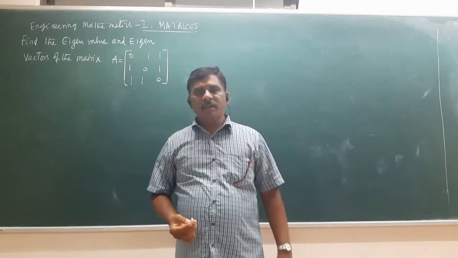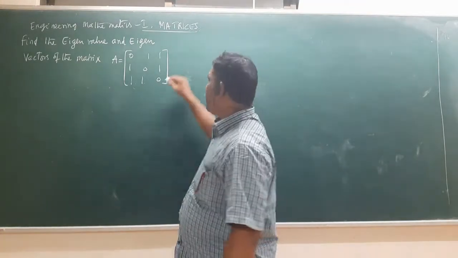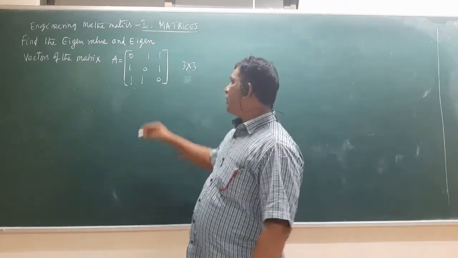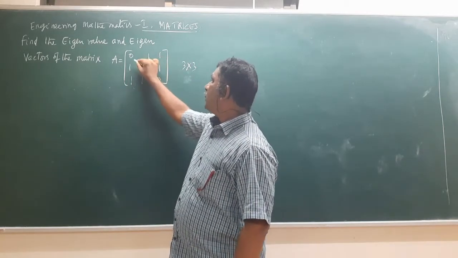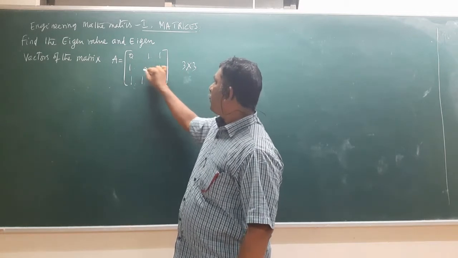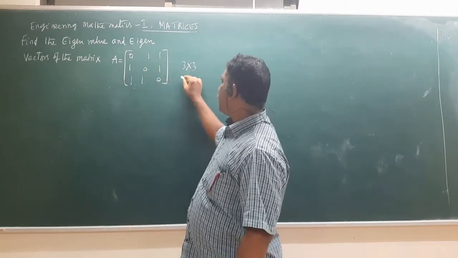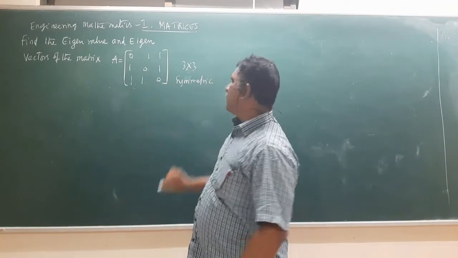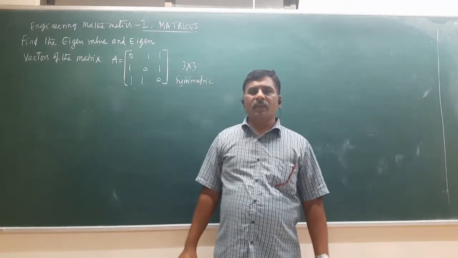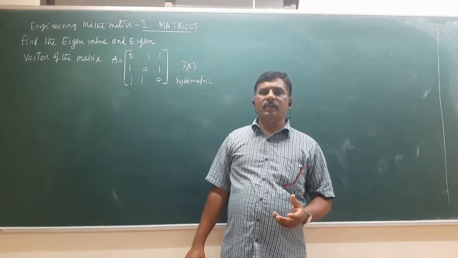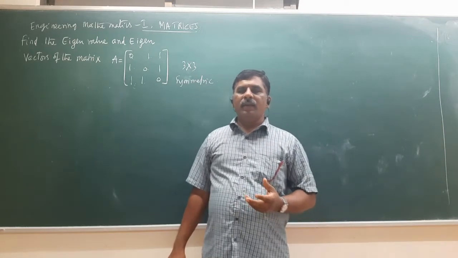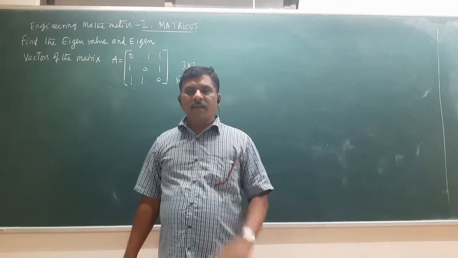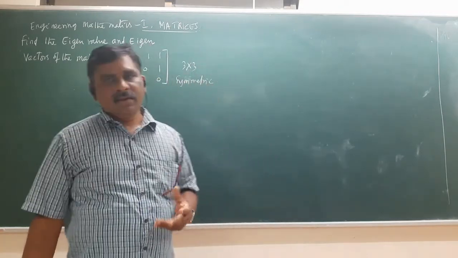So if you are seeing the matrix, what are the things you observed? First one is the 3 by 3 square matrix, and one more thing. See 0, 1, 1, 1, 0, 1, 1, 1, 0 is the symmetric matrix. If it is a symmetric matrix, then its eigenvectors are orthogonal in pairs. Actually, I have given you a note in the last class. We will verify that also.